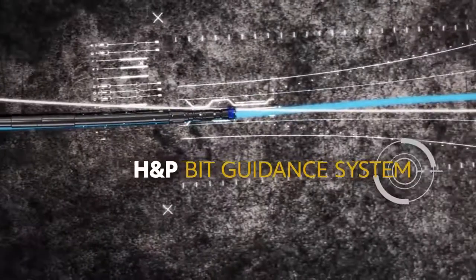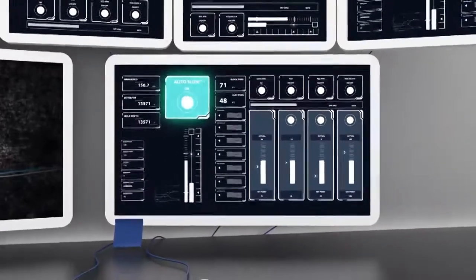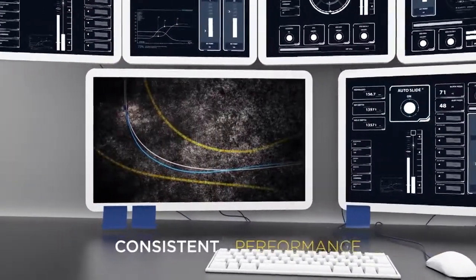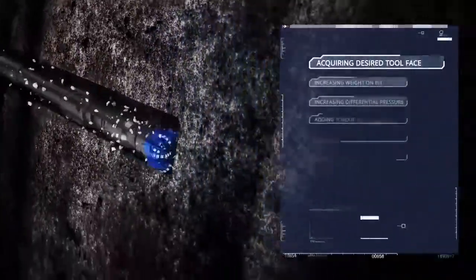In combination with the H&P bit guidance system automating the decision-making part of the process, the AutoSlide technology's true single-button execution makes consistent performance possible, adjusting multiple parameters simultaneously. With the touch of a button, this innovative technology controls the rig and mud motors to make hundreds of adjustments